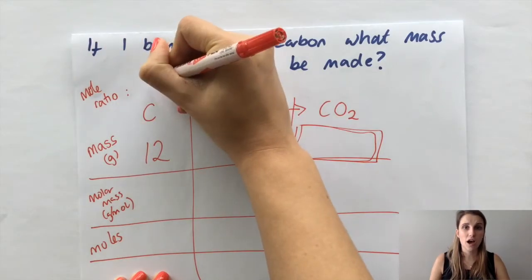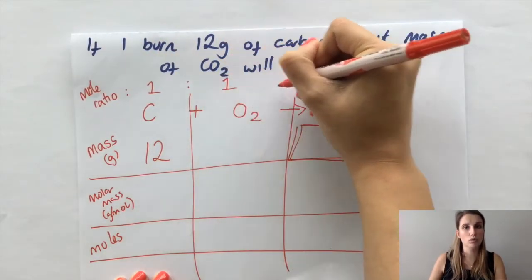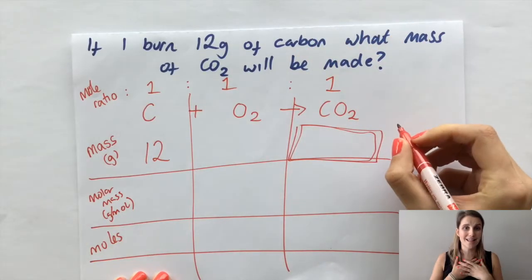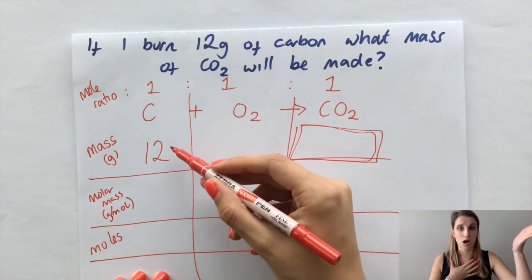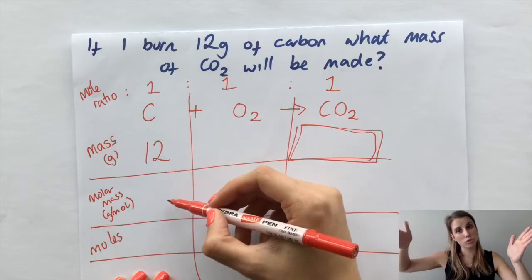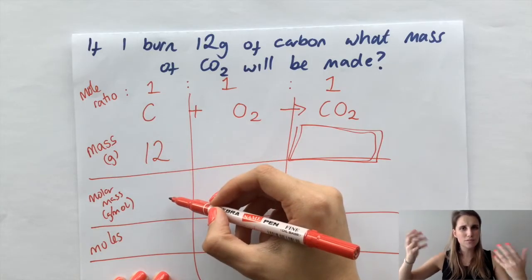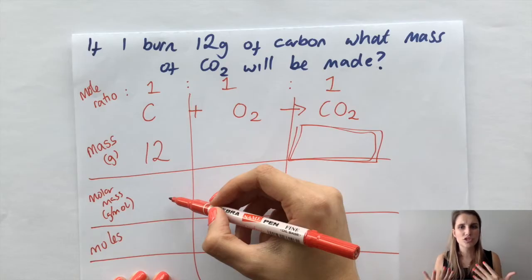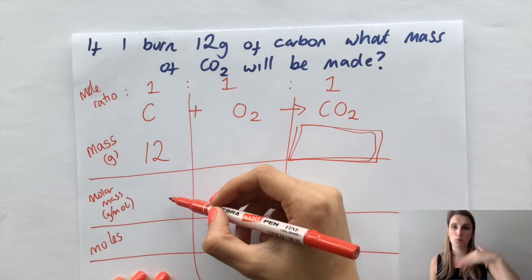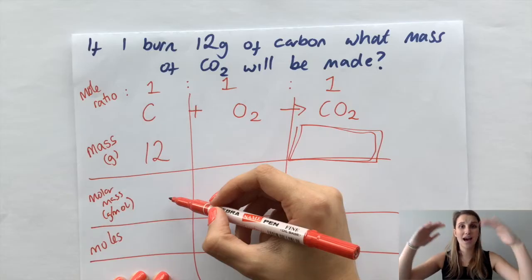From the equation, I also know something called the mole ratio. So before I said that if I had one atom of carbon, it would make one molecule of CO2. But in fact, the number of atoms relates to the number of moles. So we can say that if I've got 1 mole of CO2, then I've also got 1 mole of O2 and 1 mole of carbon. So what we're going to do is we're going to use that ratio to work out how much carbon dioxide